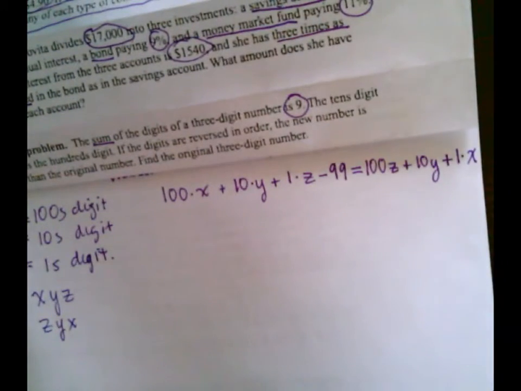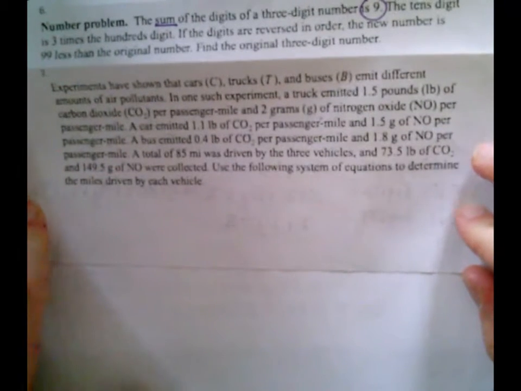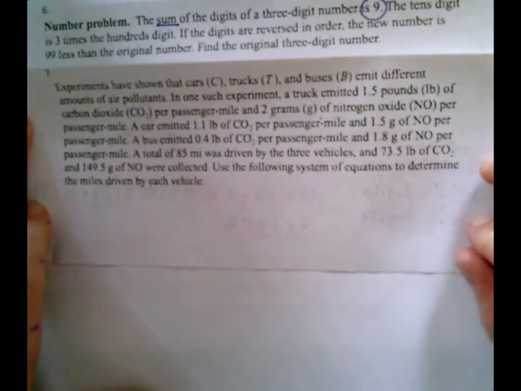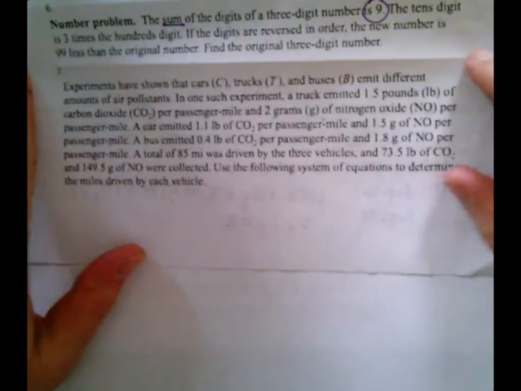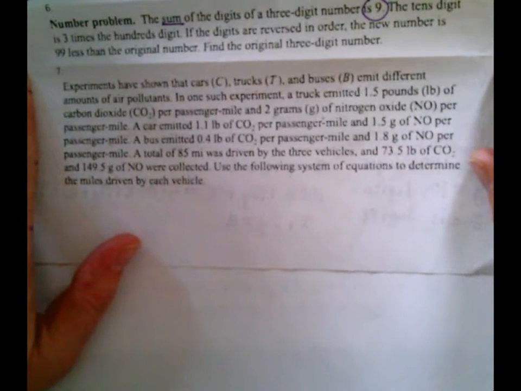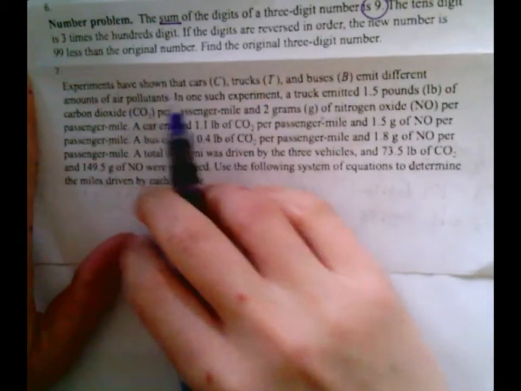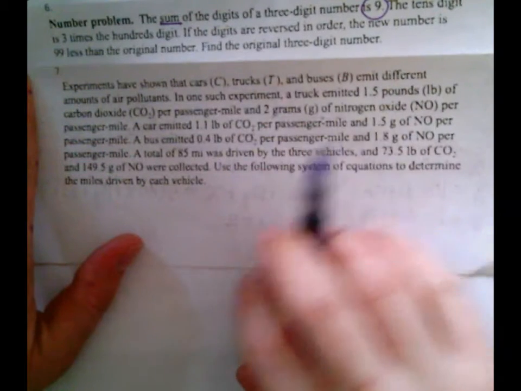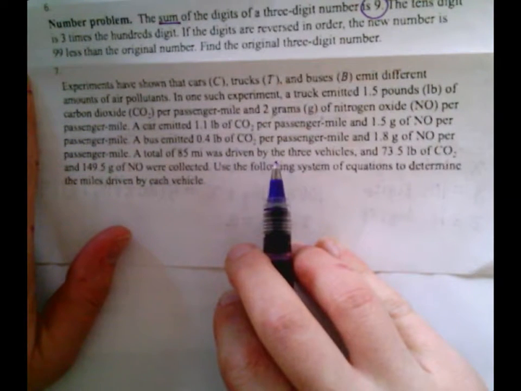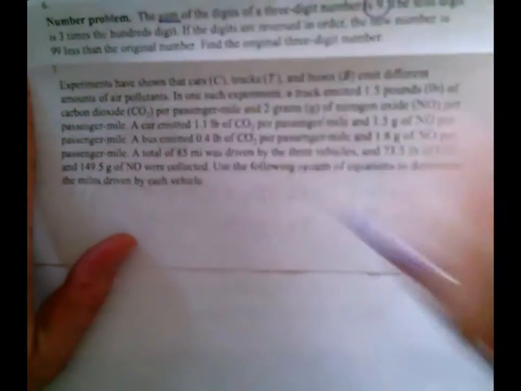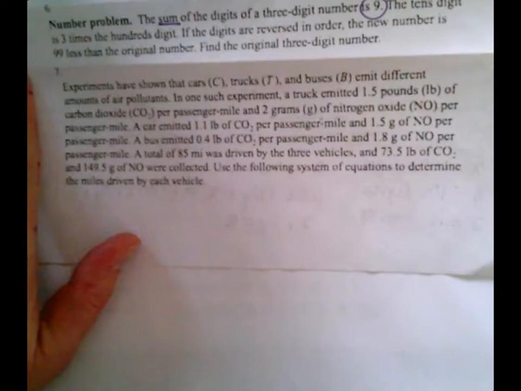Okay, so now let's look at this last problem here. Let's find some space. Okay, this problem seems really like a big old mess. There's a lot of information in here to parse through. So it says experiments have shown that cars, trucks, and buses emit different amounts of air pollutants. In one such experiment, a truck emitted 1.5 pounds of carbon dioxide per passenger mile, 2 grams of nitrogen oxide